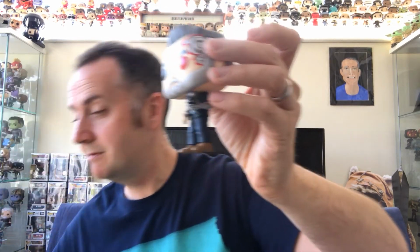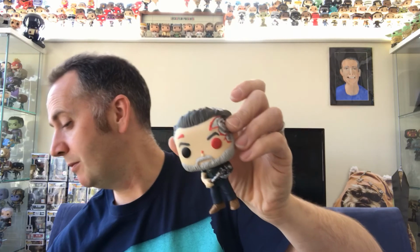Where's his box? Here it is. The Funko Shop Limited Edition Terminator Dark Fate pop. Never ever did get the chase. I'm fed up of trying. I know you can just buy it, but it's not that good a chase that I'm going to hunt it